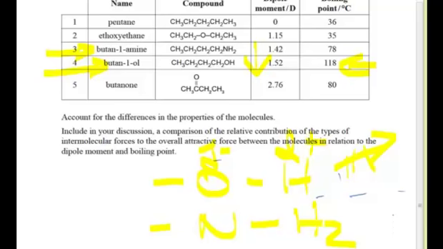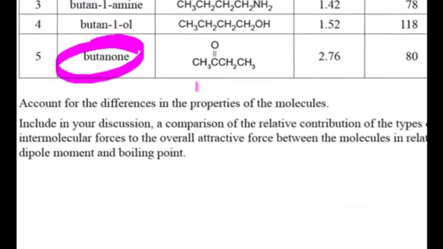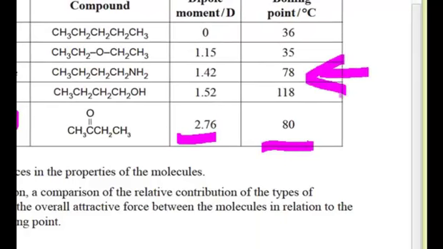Okay, now the next one is probably more of a shock, and that's the butanone. We've got a really high dipole here. Now that kind of difference in polarity you would think would be enough to cause a fairly high boiling point, in fact the highest of all of them. And the fact that it's about 80, which is higher than the amine, but we still have butanol being higher, significantly higher than it is. It's hard to reason that one through. The oxygen would appear to be partway through the molecule as well.